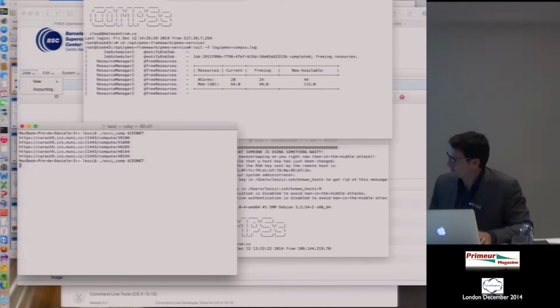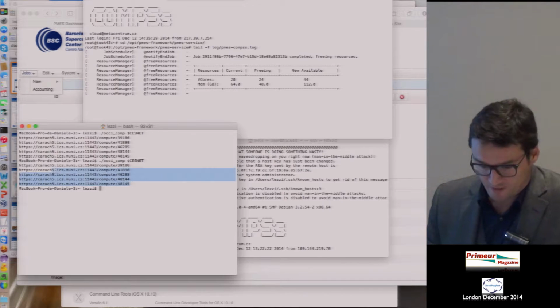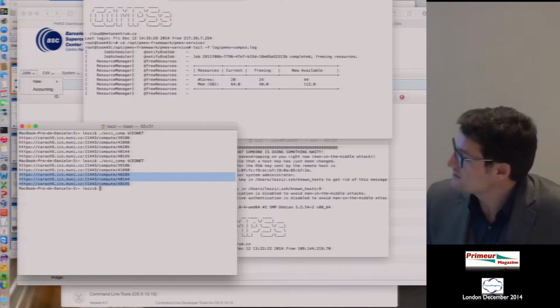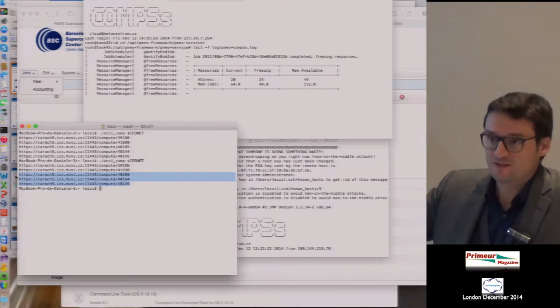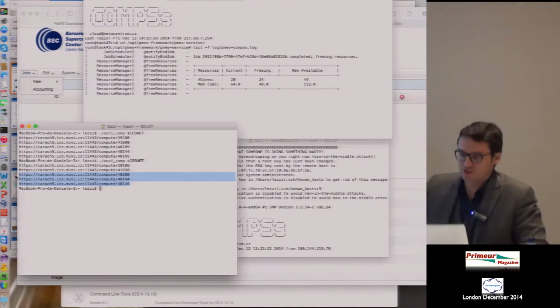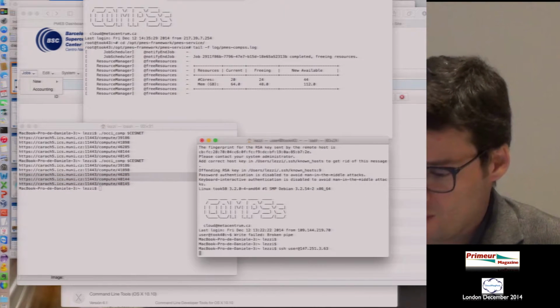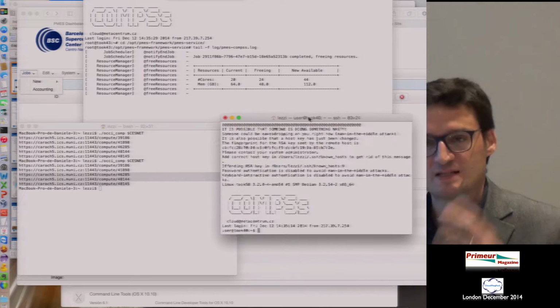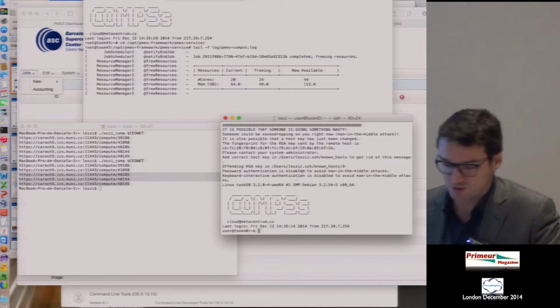Through the Rocky client, I can show you that I have created 5 virtual machines, but these 3 are the important ones. The first one is the PMES service, and the other 2 are statically created virtual machines. One will be used as master for the enhancement of the COMPS application.